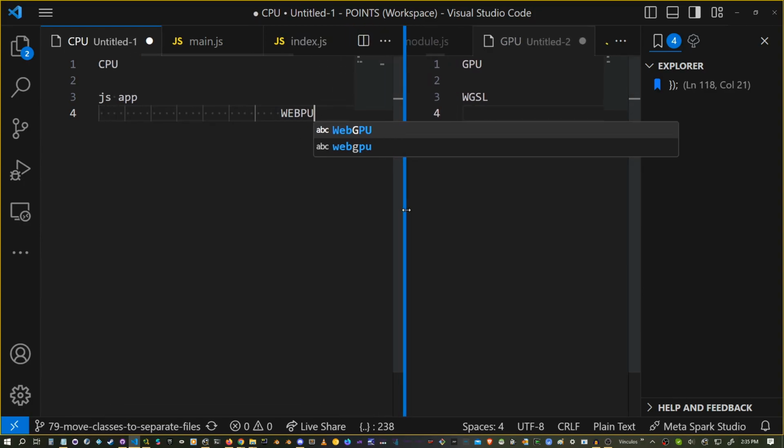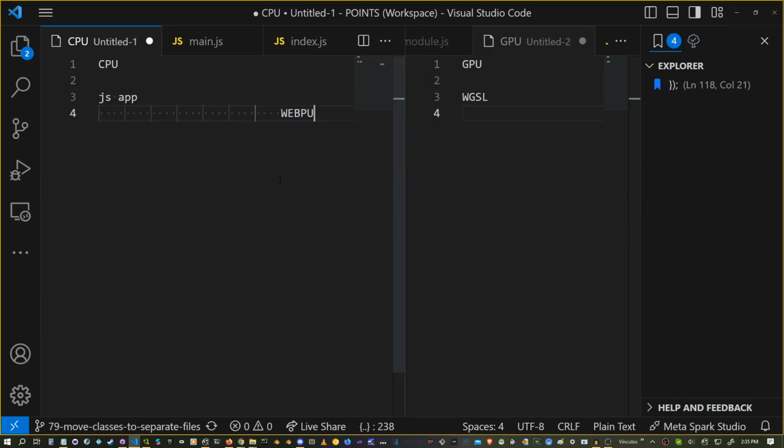Because WebGPU is in the middle. So your application talks to WebGPU. WebGPU talks to the GPU and it runs your Wixel program. Your GPU sends some stuff back to WebGPU, and WebGPU talks back to the CPU, to the